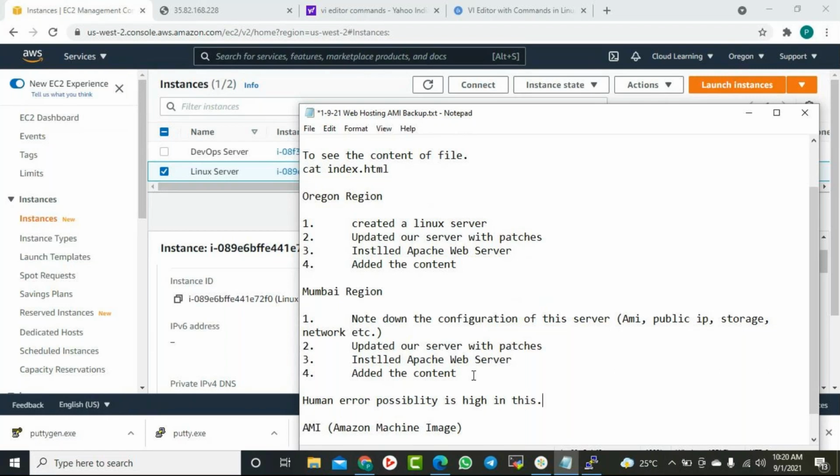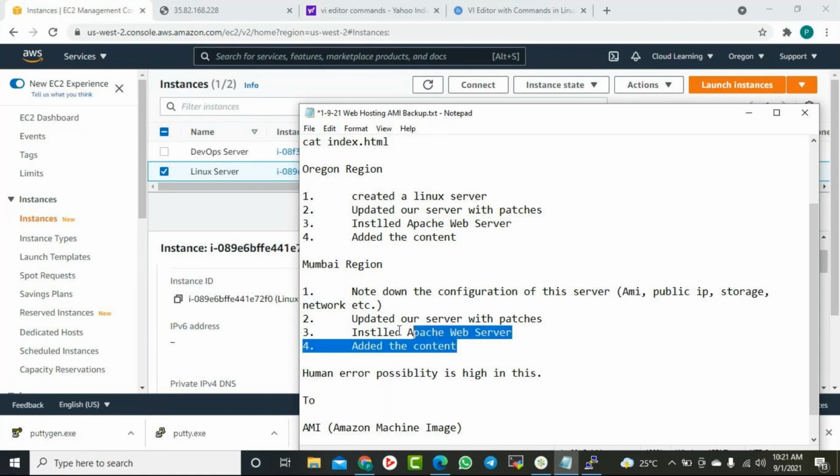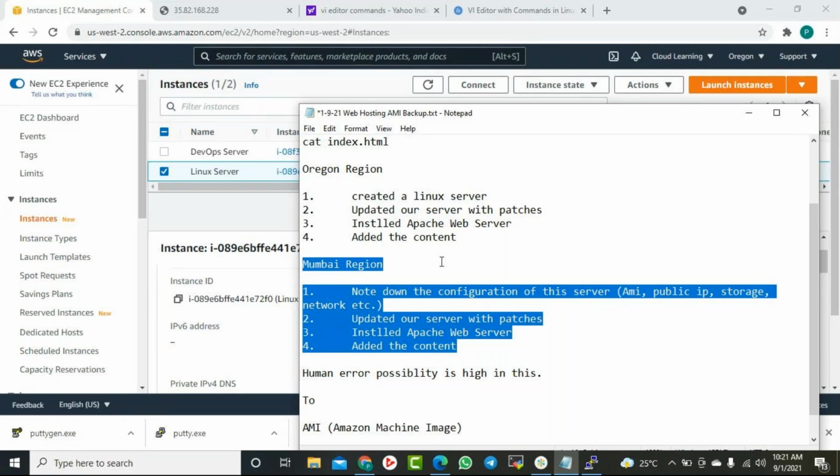So what we can do in this case is create an AMI image. Suppose you need 10 servers, again you need to do the same activity 10 times.